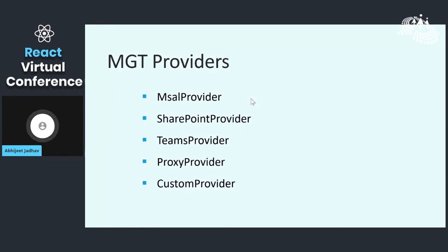So you can write your own custom provider. You can decide what happens when the user logs in; if you want to put some logic behind it, then a custom provider is the best option to go with. When the user is authenticated, you can add your additional logic and then send back whether the user is authenticated, and all those additional business logics can be written in the custom provider.